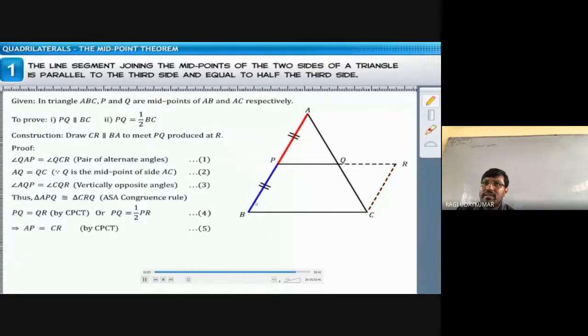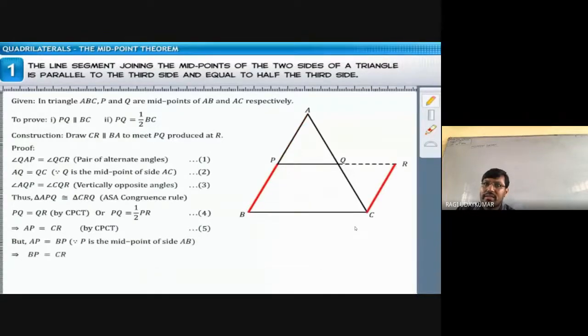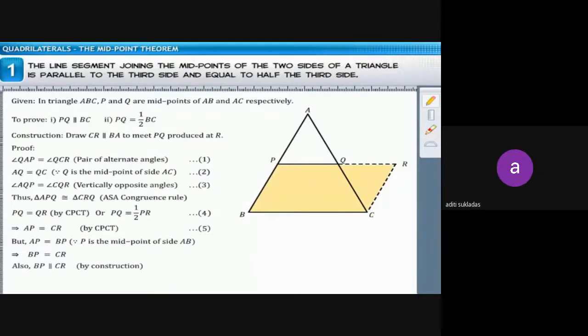Now what do you get here? And already it is given that AP is equal to PB. AP is equal to PB. So P is the midpoint, as it is the midpoint. And PB is equal to CR. Why is PB equal to CR? PB is equal to CR कैसे होगा बेटा? Can anyone say? Sir, because P is the midpoint of AB, we can say that AP is equal to PB. And here we know that AP is equal to CR. So we can write that PB is equal to RC.